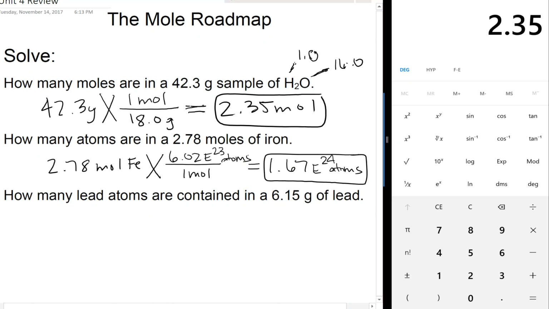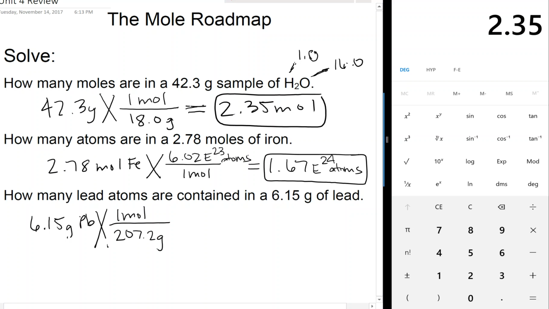And finally, our last problem, changing 6.15 grams of lead into lead atoms, is a 2-step problem. So we'll start with 6.15 grams of lead, and we will first multiply it by 1 mole over the molar mass of lead, which when you look it up on the periodic table is